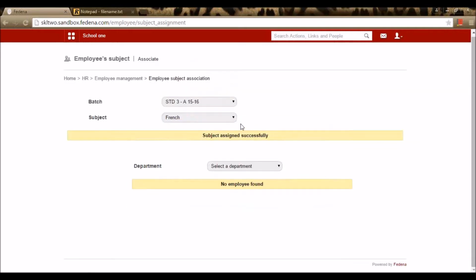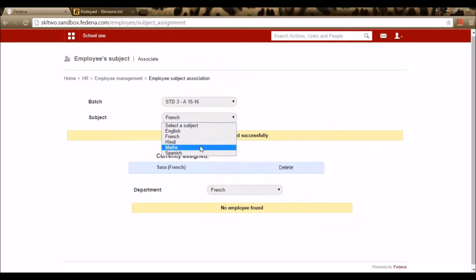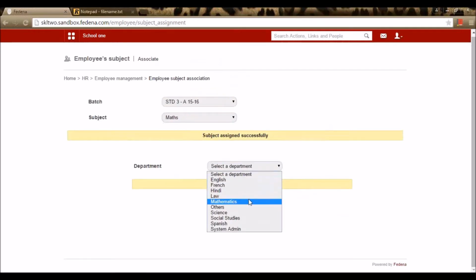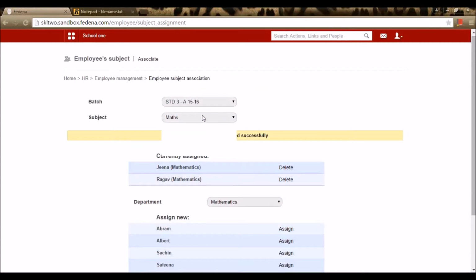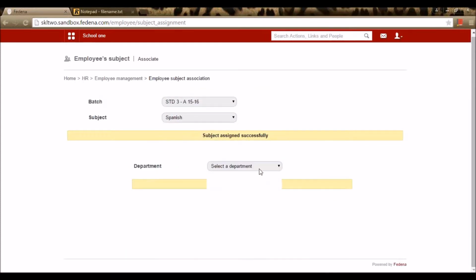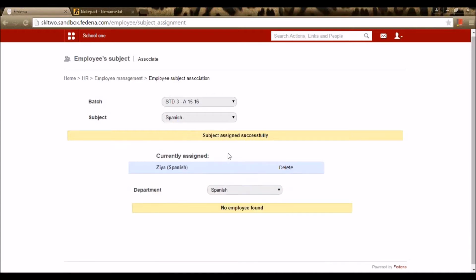I can do the same for other subjects as well. Right here, I'm assigning two employees for the mathematics department. Let me choose an employee for Spanish. So the employee subject association is done for the batch standard 3, A section.